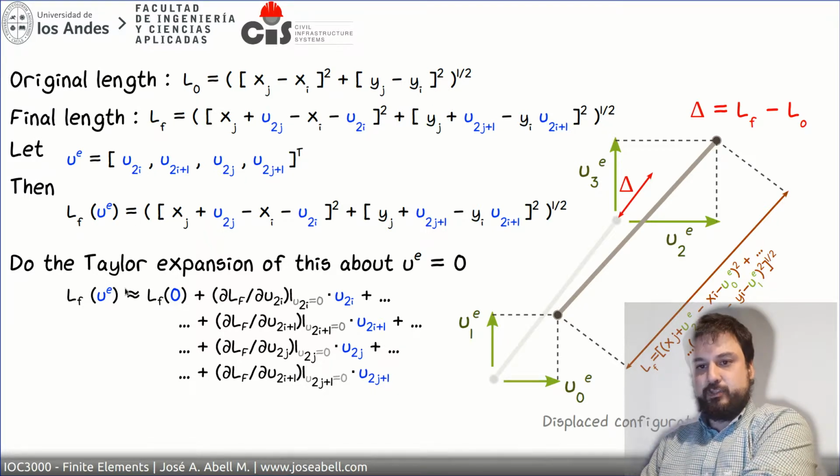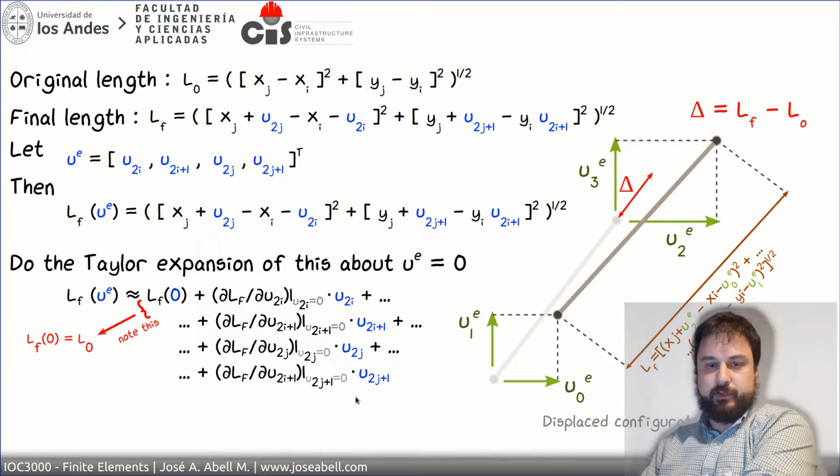So in this case, in order to linearize, we're just going to take a Taylor expansion about this element about the undeformed configuration. You can pause this video to think about it a little bit, but this Taylor series expansion is just the undeformed length plus derivatives of the length with respect to each degree of freedom independently times the degree of freedom. And note that